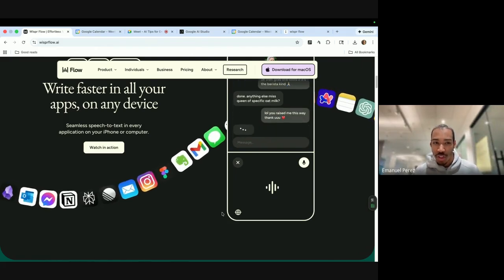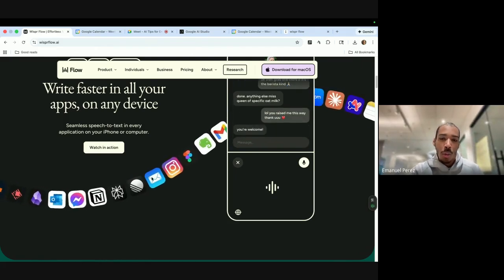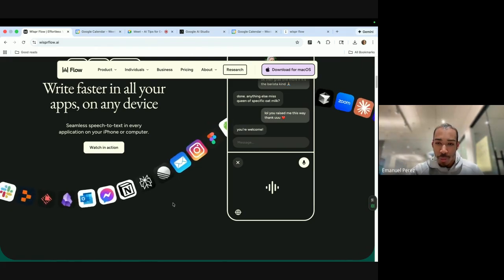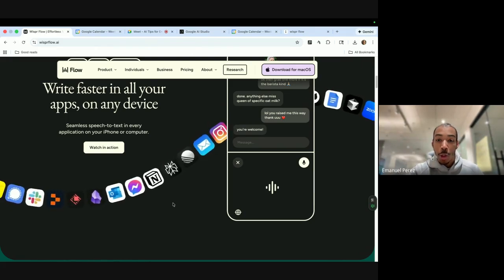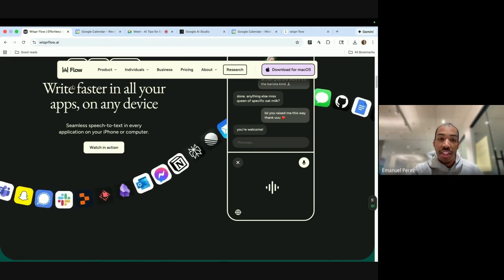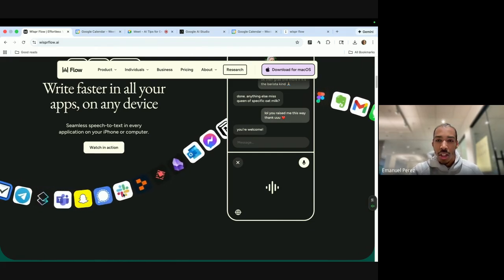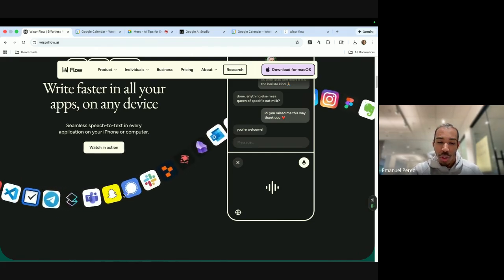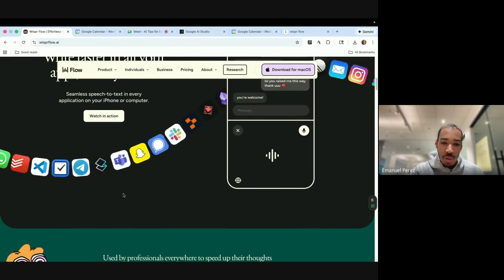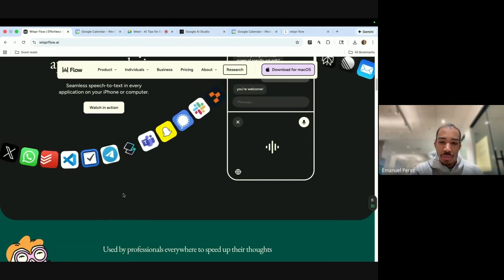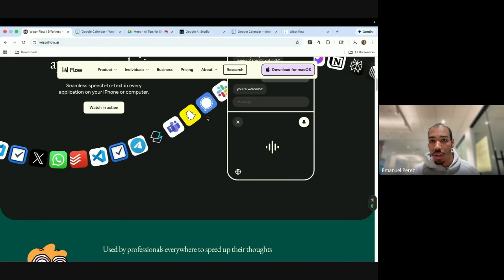Sometimes it can misinterpret you. But Flow built a superior product that can accurately learn and listen and see what's on your screen, so it can learn context from you as well. So we'll go ahead and test out a demo of that.